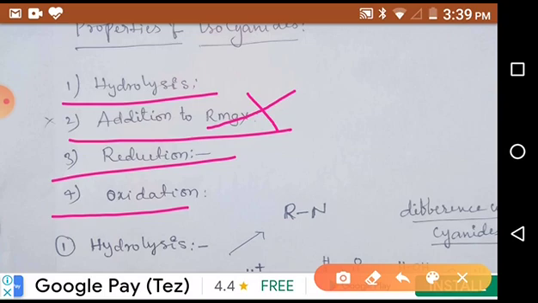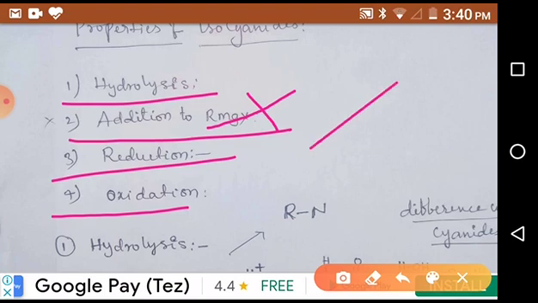We already saw in the previous lecture that alkyl magnesium halides add to the cyanide group. In this addition reaction, R minus acts as a nucleophile. It requires an electrophilic carbon. But in the isocyanide group, the carbon does not have a plus charge; it has a minus charge. That's why addition of Grignard reagent to isocyanides doesn't take place. So the remaining three reactions we will study.